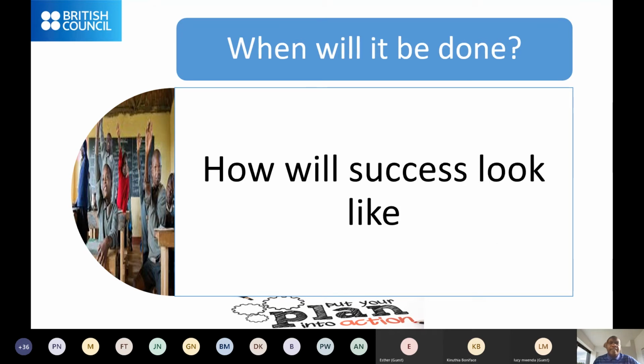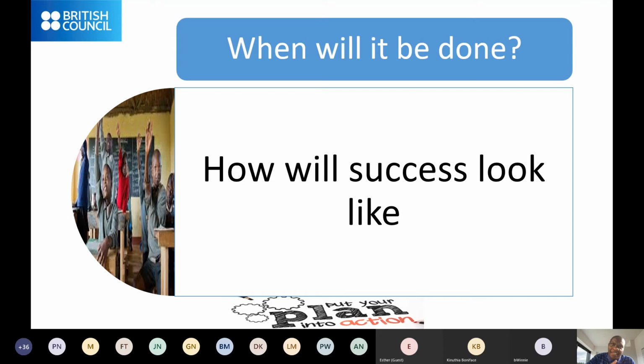So as we are moving on, the next thing is, if you succeed in whatever you are doing, you need to imagine, how will my success look like? If I wanted my learners to be assessing evidence, will my learner be able to be assessing evidence in the activities I give? How will I know they are doing that? Maybe I'll be checking the way they are responding. Maybe I'll be checking for every claim they make, they are giving evidence. So you need to lay down the success, how it will look like.